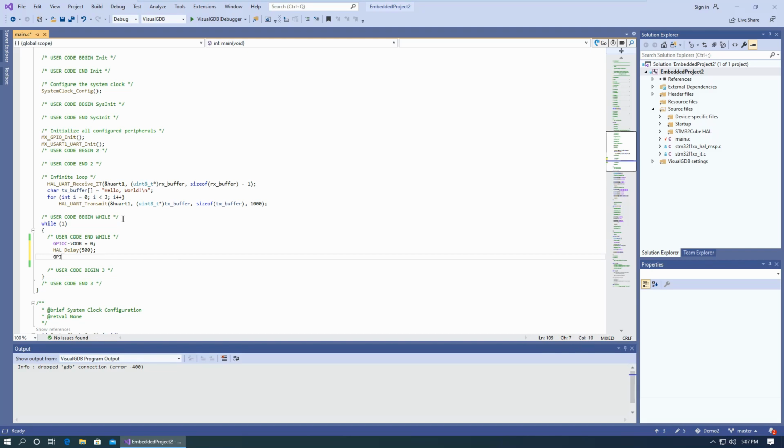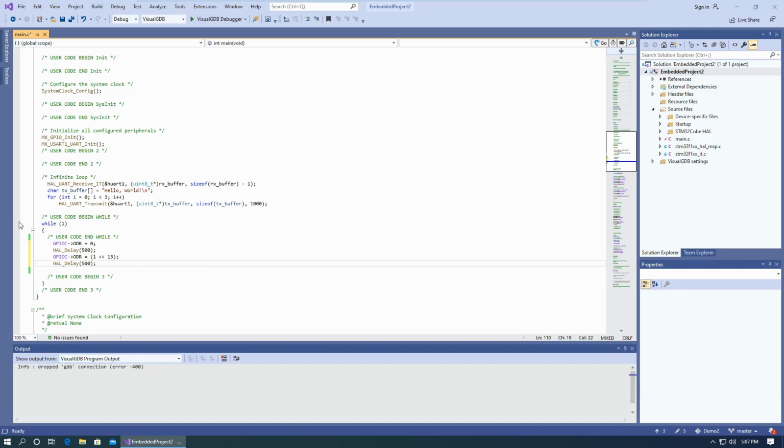GPIOC ODR equals, we're going to use the rotate left operator, 1 rotate left 13, and that should be our GPIOC13, and then delay another 500 milliseconds,